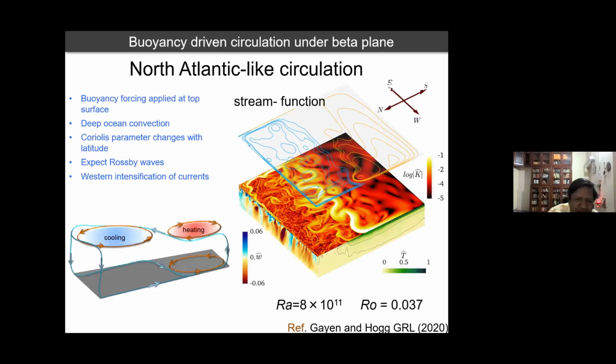So we get anticyclonic near the heating part and cyclonic near the cooling part. Is that correct? Yes, exactly. This is correct. I see. Okay. So at the cooling part, there must be low pressure in the center. Yes, things go in. Always low pressure there. I see. Okay, that's interesting.